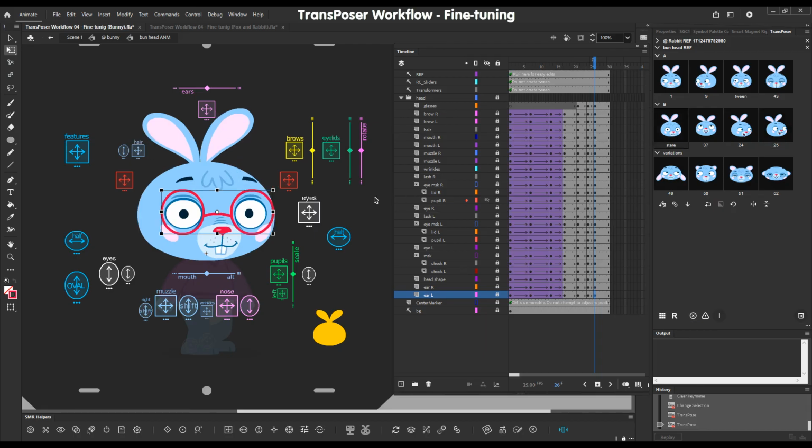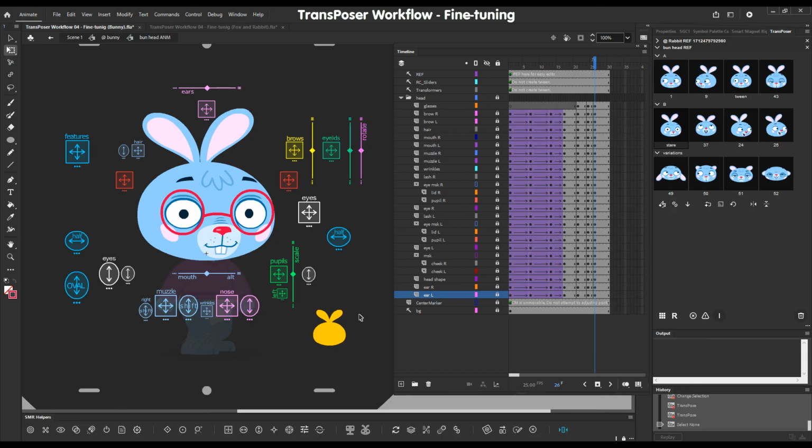If you need to add an element after you have created your ref, you need to press the set as ref button again so that the instance is tagged, and then copy paste the instance from the ref into your anim symbol. That's it. I hope that this video has been helpful, and in the last part of the series